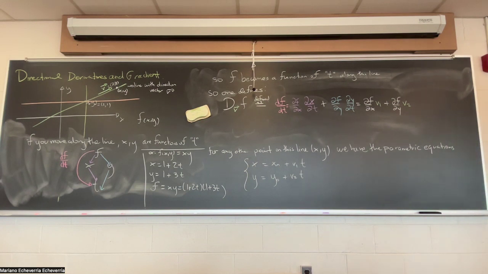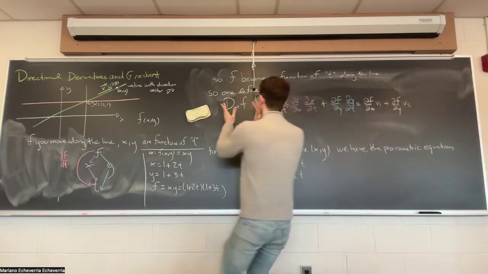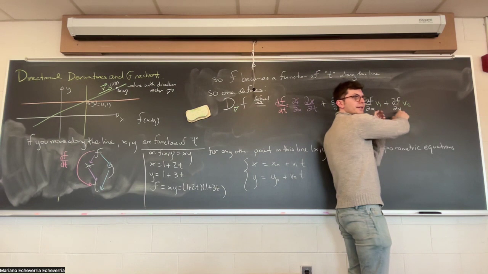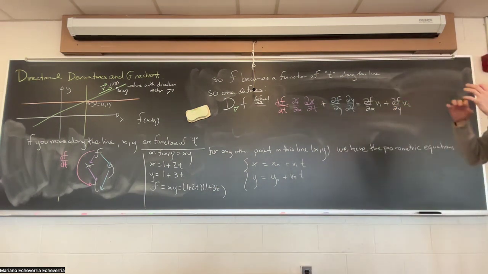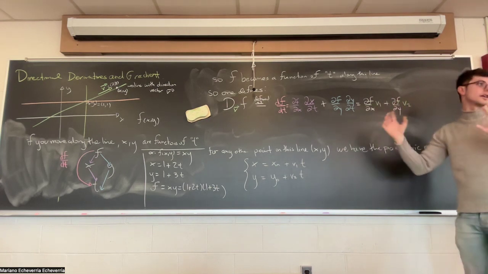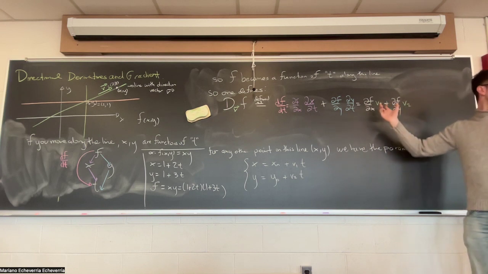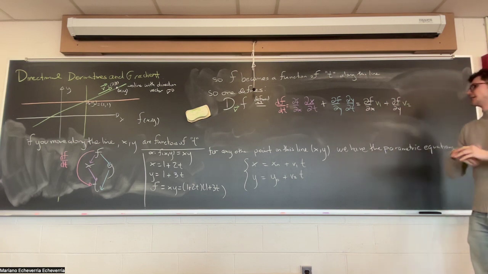Okay, so far so good. Now this formula actually looks a little more interesting because there are two ways to think about it. What this is saying is that this derivative in the direction of this vector is a kind of combination of the derivatives with respect to x and with respect to y, and how much each factor contributes depends on how big v1 and v2 are. So in a sense it's like an average of sorts of the partial derivatives with respect to x and y. It's an average in quotes,